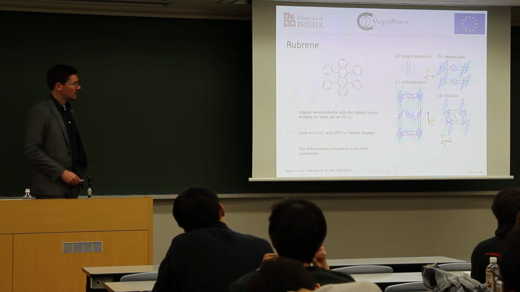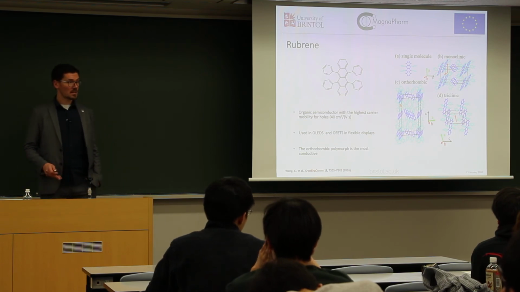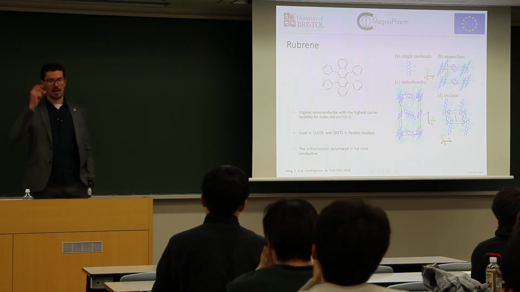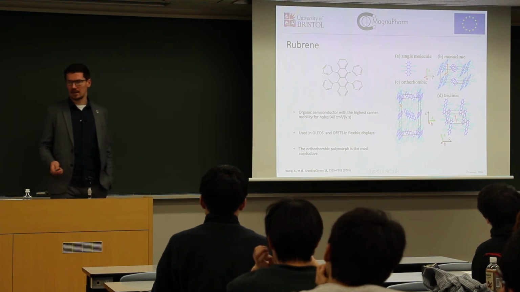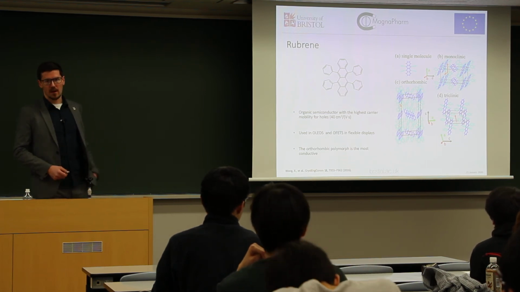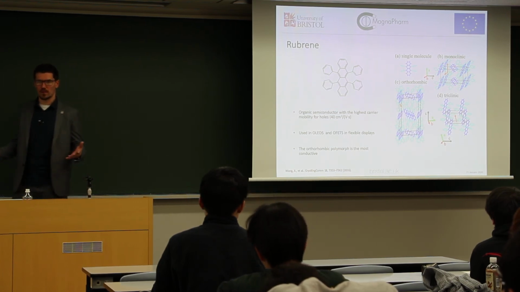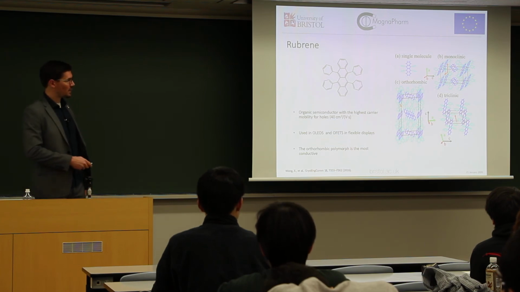Rubrene, a molecular crystal, as far as I'm aware, still has the highest conductivity of any molecular semiconductor. It's used in OLEDs and OFETs, but there are a number of different polymorphs. The orthorhombic, luckily,